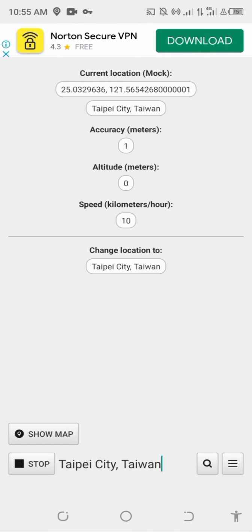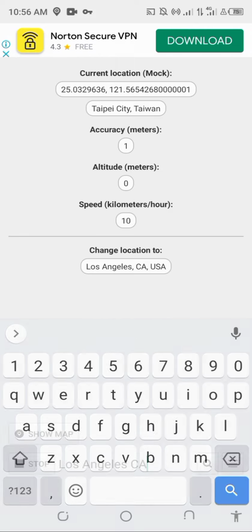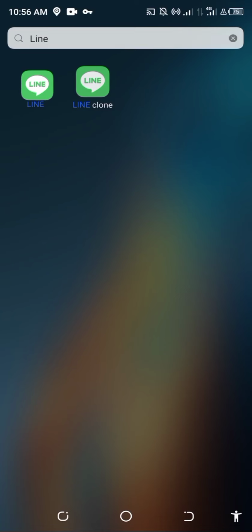Let's search for people in the US. We want to see people in Los Angeles, California. See here. Now you search again. You can hit the search button as many times as you want. Now after searching, you go back to Line again.